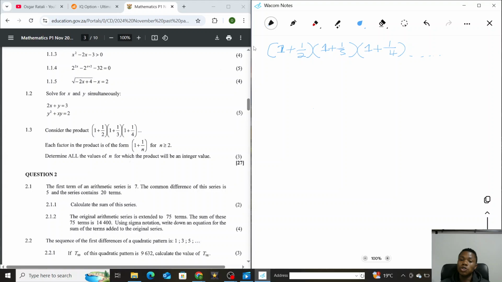they said each factor in this product is of the form 1 plus 1 all over n, for n greater or equal to 2. Therefore, it means also the last number is in this form. So, because I don't know the last number, I can just write 1 plus 1 all over n. Okay, fine. But I know that this thing can be written as